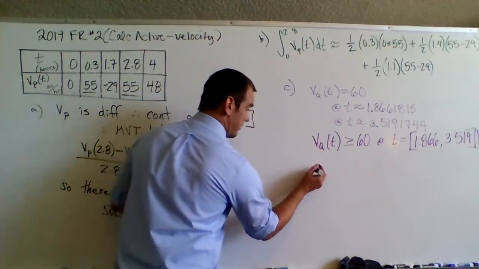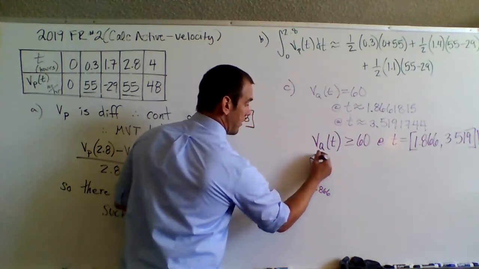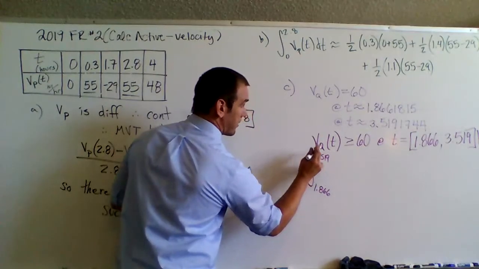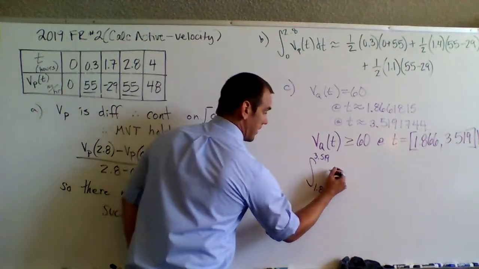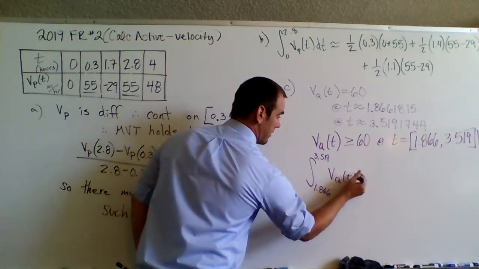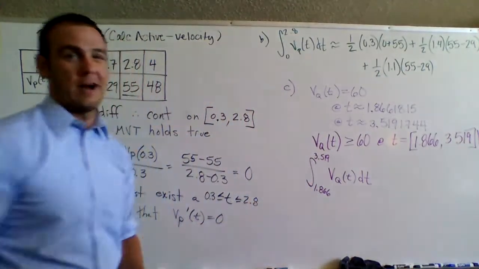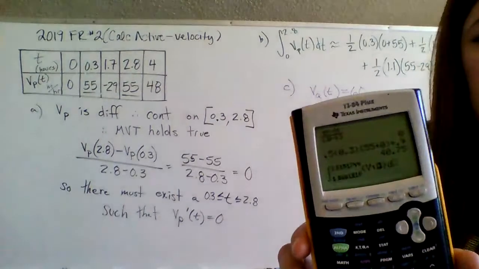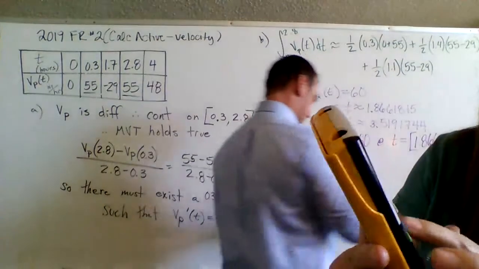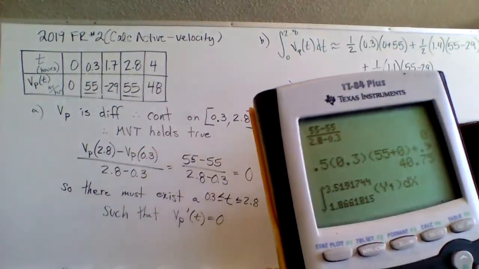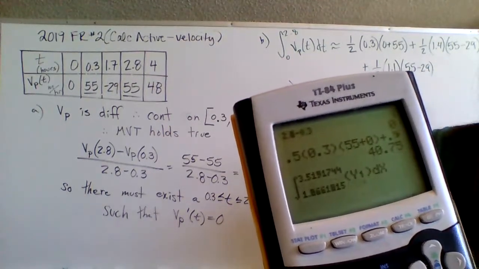So really all you need to do here is go from 1.866 to 3.519, but remember, type in all of your digits here. Okay, and we're just going to integrate VQ of t dt. It doesn't hurt to put the absolute values, but because we know it's always positive, you don't necessarily need it. And remember, we stored that rule for the velocity for particle Q in y1. So I typed all the digits so we didn't introduce any rounding error because we have all those digits for both the lower boundary and the upper boundary. Normally we just have all those digits on only one. And you should get